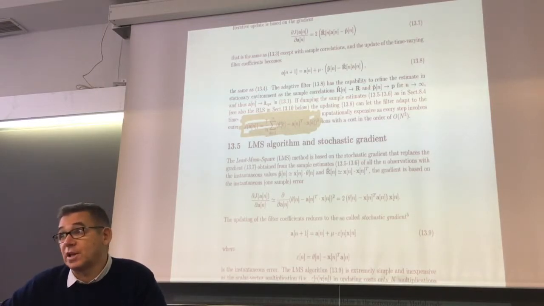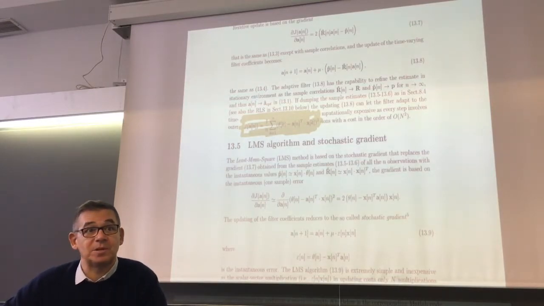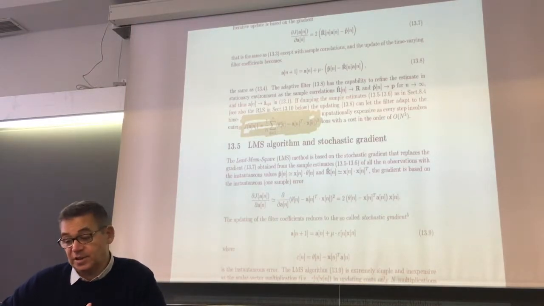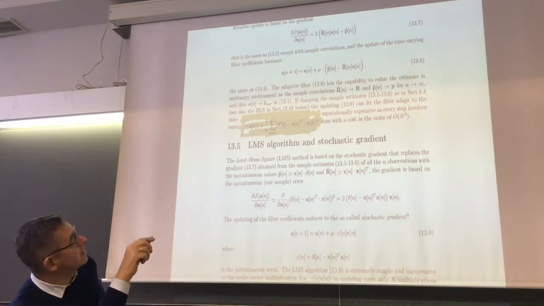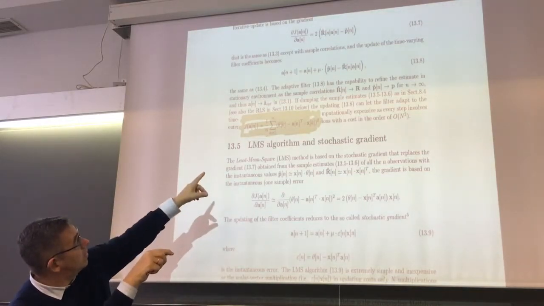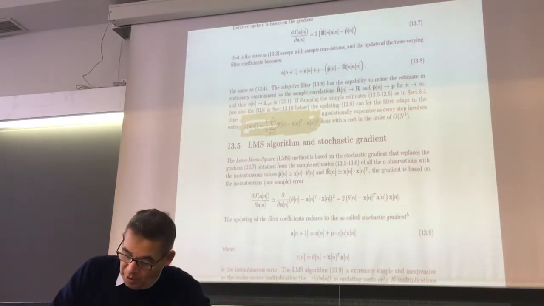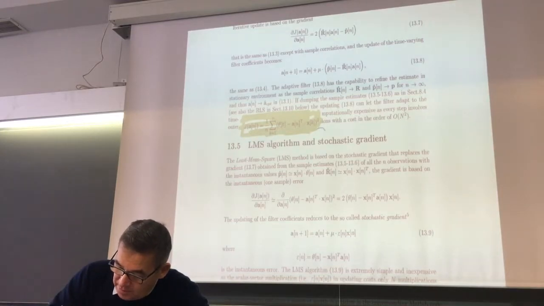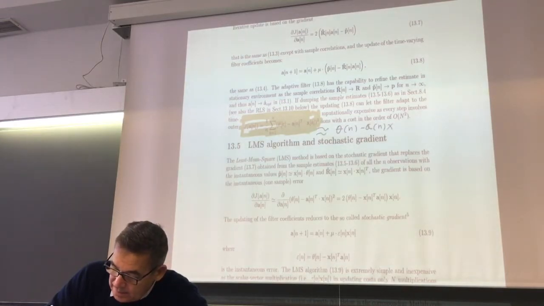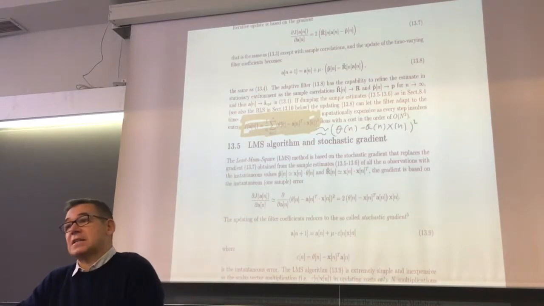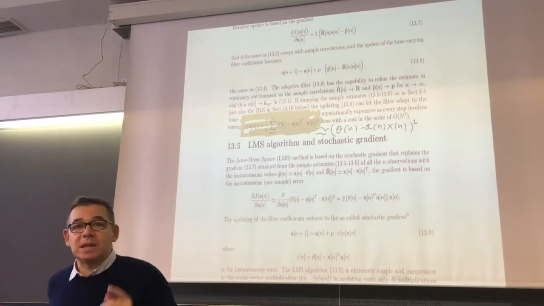You cannot do that, because the time is running and you need to make the filter in real time. Real time is very fast. So rather than make it the way on the top, you make the extreme case where you approximate this one by the square of theta n minus a n x n. Which means rather than summing many, I compute the mean with just one value.